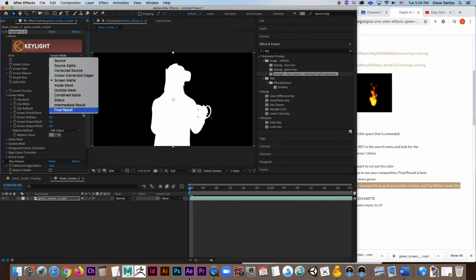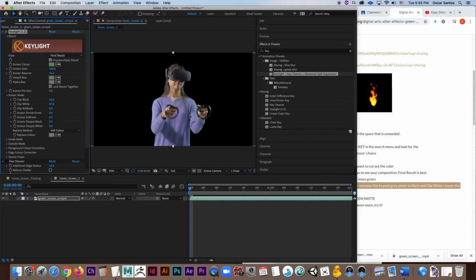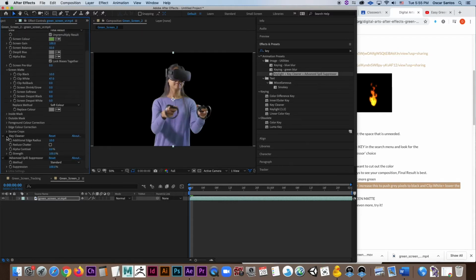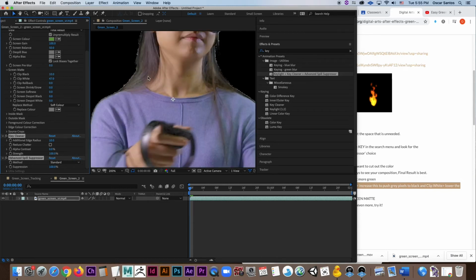Now let's go back to final result. Looking great. And now we can throw on these magic buttons, key cleaner and advanced spill suppressor. Now you might want to reset both of these. Sometimes when you add them, they actually do what you don't want. So if you take a look at key cleaner and turn that on and off,